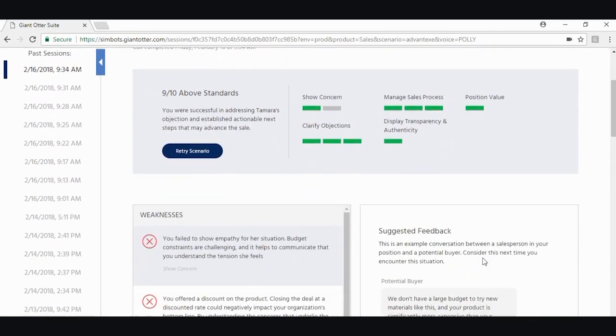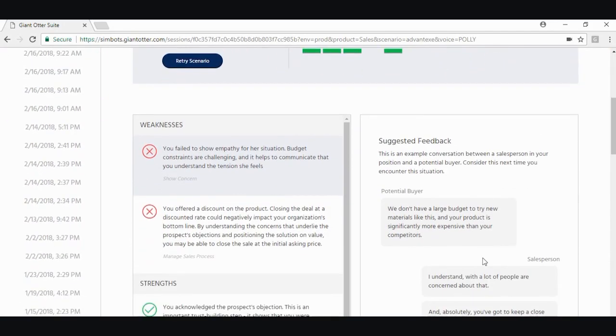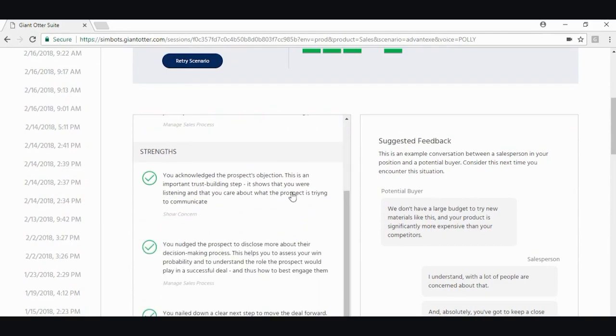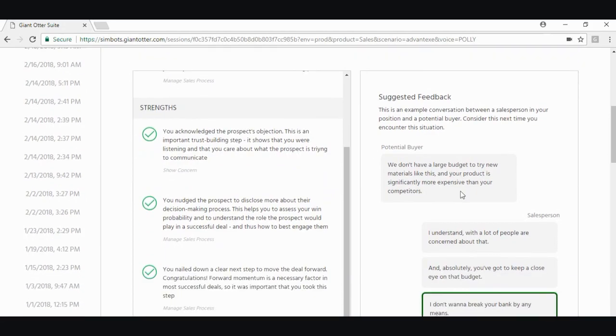And what's interesting is that the SimBot will actually review every single word that I said, and it will then give us feedback on all of our weaknesses. It'll also show us all of our strengths. And it's a really powerful way to learn because this is the actual conversation. In addition, it will then give us the suggested feedback of how this call could have gone.